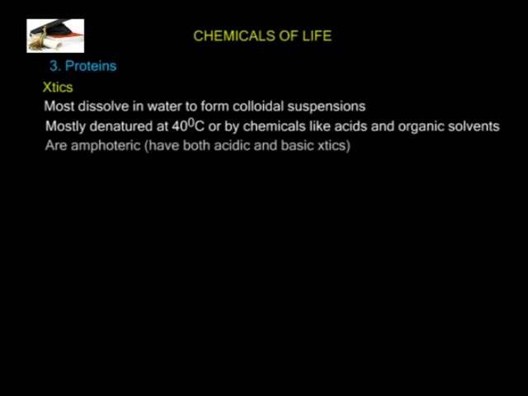Proteins have both acidic and basic properties. Due to these properties, proteins are described as amphoteric. They therefore react with acids and bases. This property enables proteins to combine with non-protein compounds to form conjugated proteins. For example, in mucus, the non-protein compound is a carbohydrate, while in hemoglobin, the non-protein compound is iron.